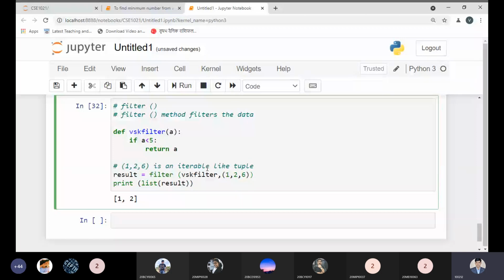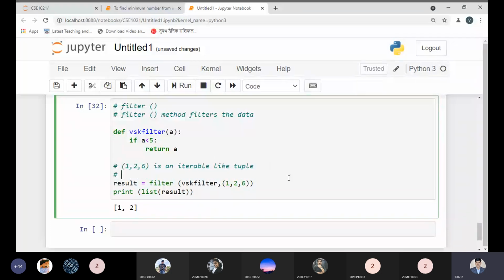Here I am passing a tuple. I am calling VSK filter, the name of the function, and this filter method takes two parameters: one is the name of the function, and the other is the iterable.